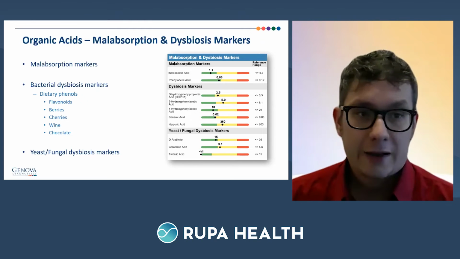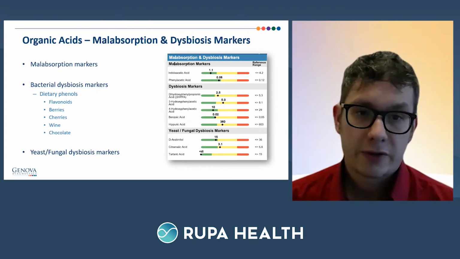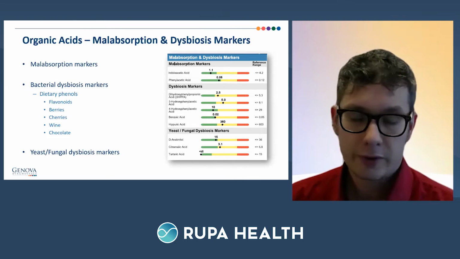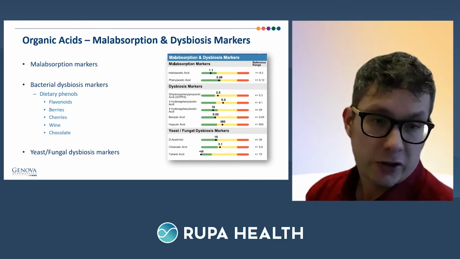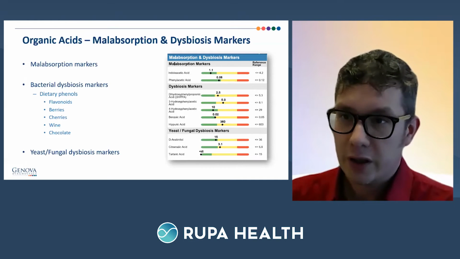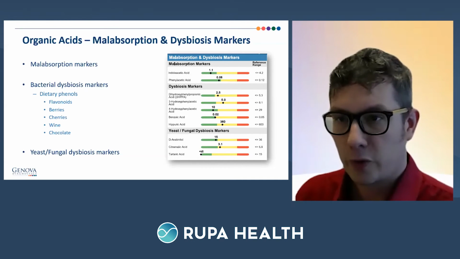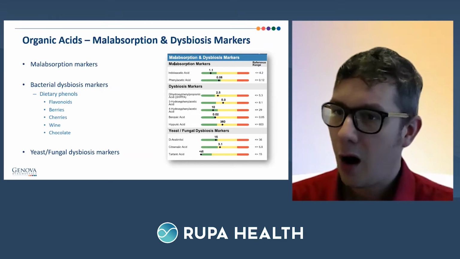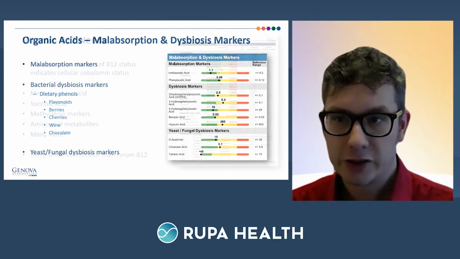In the absence of that, and you see a whole trend of these, then certainly I could be thinking about a problem around dysbiosis or overgrowth. We have a yeast fungal section here with D-arabinitol, which is a fairly specific marker for Candida. Candida makes D-arabinitol, so if that marker is high, always think about following up with a GI test, like a